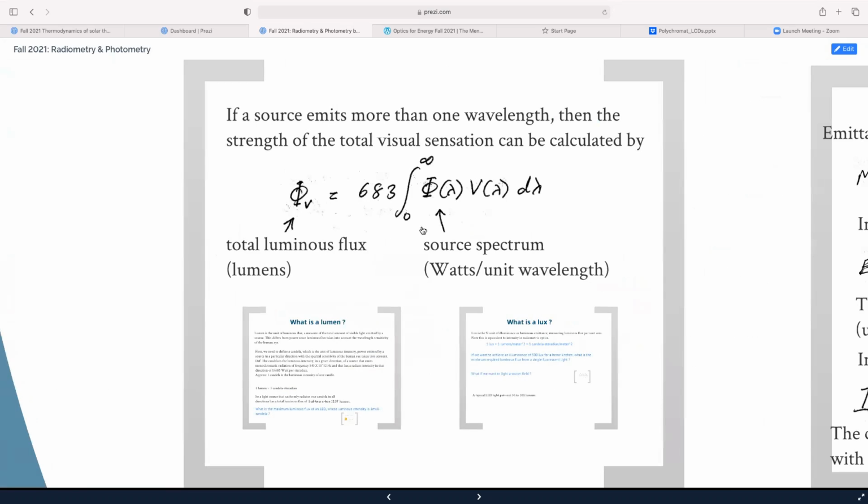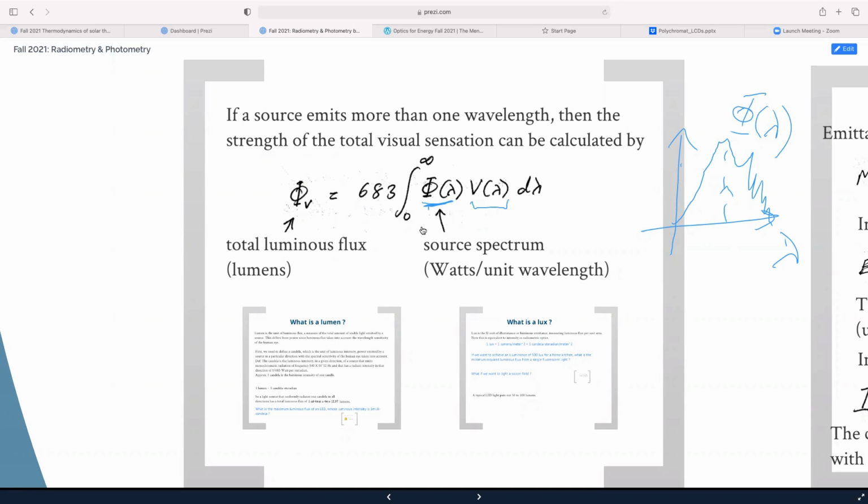Okay, now if we look at a source again, how do you go from a radiometric quantity to a photometric quantity? If I have a source that emits in a broad spectrum, and there is a spectrum given by this phi of lambda, and now what is spectrum? If you recall, it is simply the intensity versus wavelength, right? So we have the solar spectrum, which had a peak around the green, yellow, right? So this would be the phi of lambda, or if you can have a lamp or whatever, right? Now I take that and multiply it by the V of lambda, which is my luminous efficacy function,